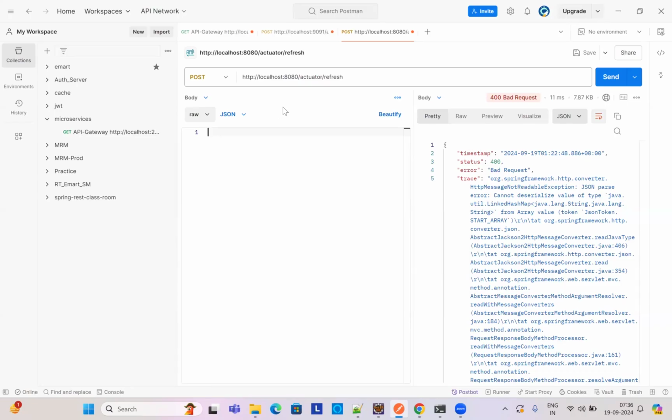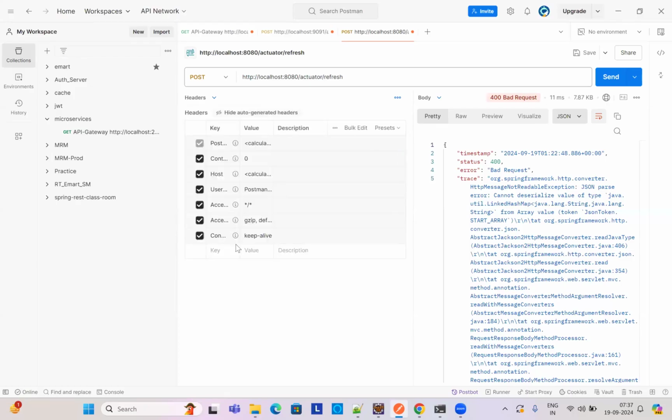Select the raw drop-down, and keep none. Now check the headers also. Okay, these are the default headers. Fine. Now send it.